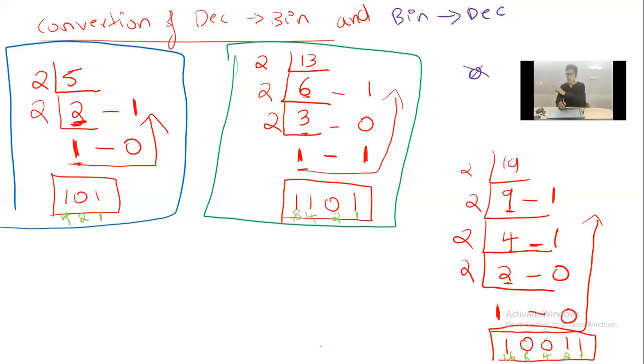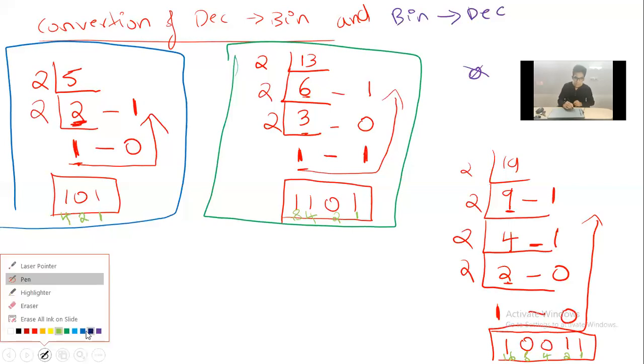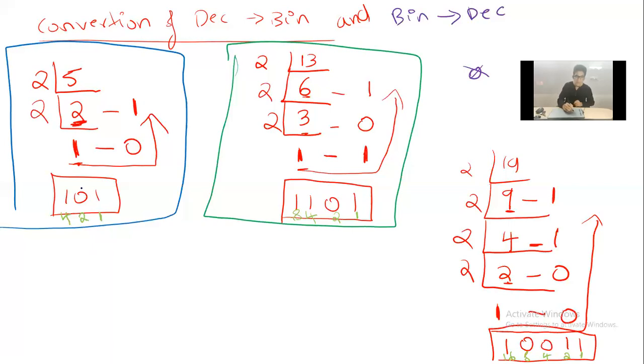Wherever there is 0, ignore that doubled value. Okay, now let me show it in an example here. Wherever there is 0, I will be marking that like this. Here there is 0, I'll be marking it here. And here there are 2 zeros, so I'll be marking it here like this. So I have deleted all those values which are containing 0.